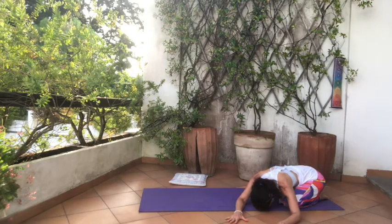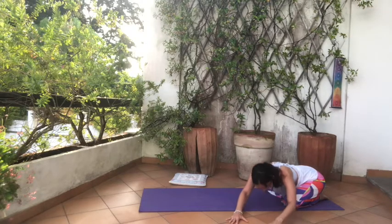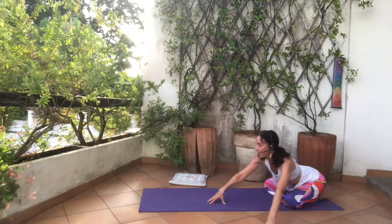Keep grounding both buttocks into the heels. And feel that opening as you breathe deep into the right side waist, the right rib cage area, and into the right side of your lungs. Nice opening here. Then we're going to inhale, come back up onto the fingertips, and we're going to walk our